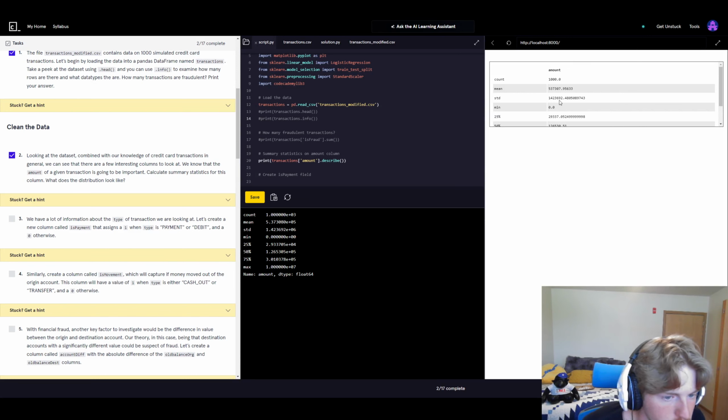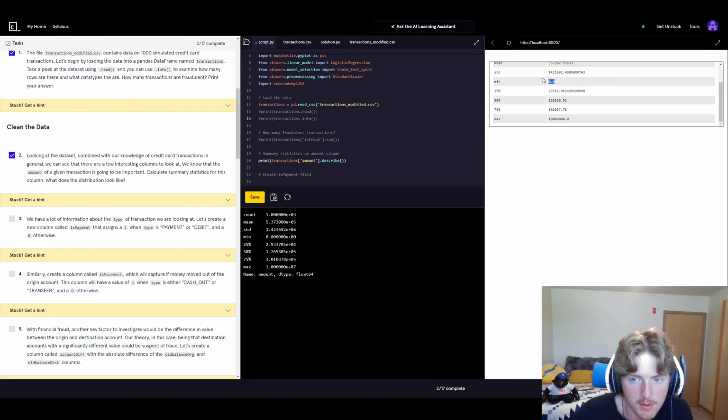Okay, so the summary statistics on the amount: we can see that the mean amount is just shy of $540,000. Standard deviation is a lot, to be honest. It's over $1 million. The minimum value of a transaction was 0, and the max value was, let's count this up,